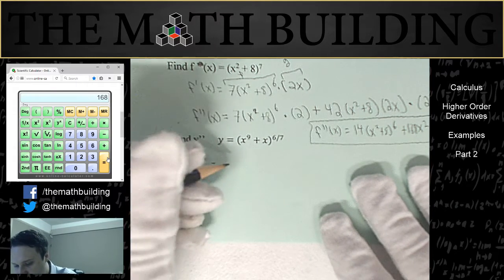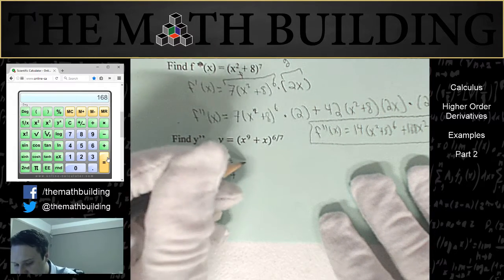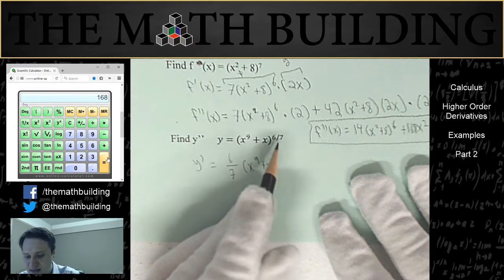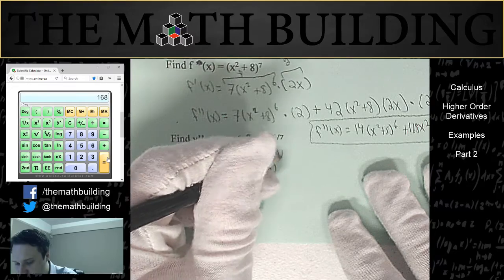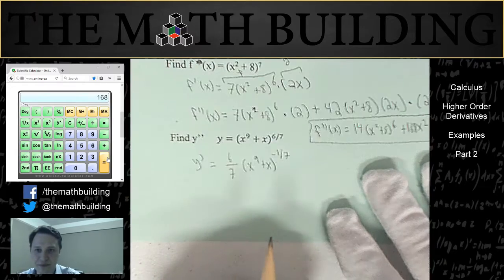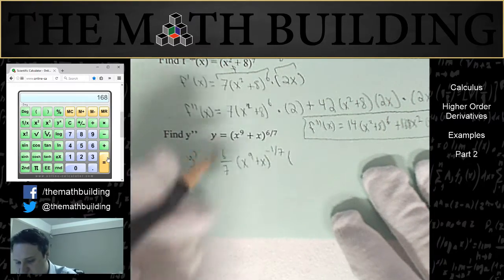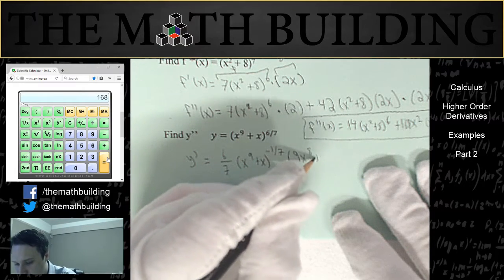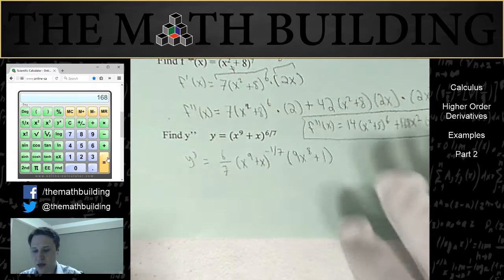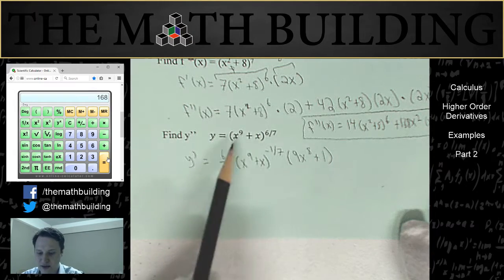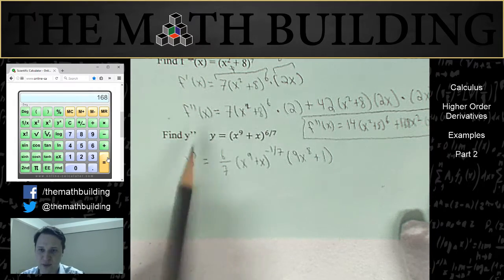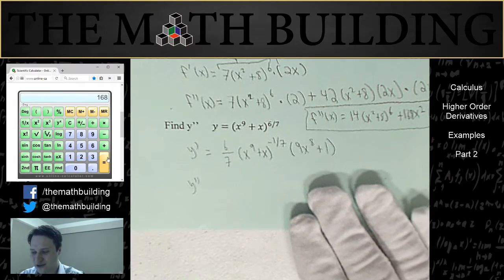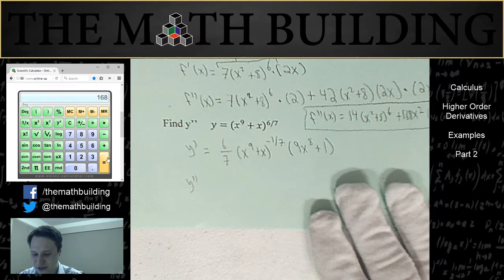We'll do the chain rule, so 6/7, derivative of the outside, leaving the inside intact. Take 1 off of that, which would give us negative 1 over 7. And now multiply by the derivative of the inside. So that would be 9x to the 8 plus 1. So notice that doesn't have a power because that's just the derivative of the inside with the chain rule. So you can see that this has created a lot more work for us to do for this second